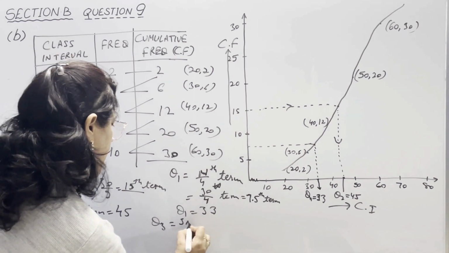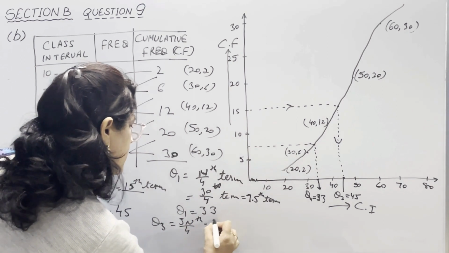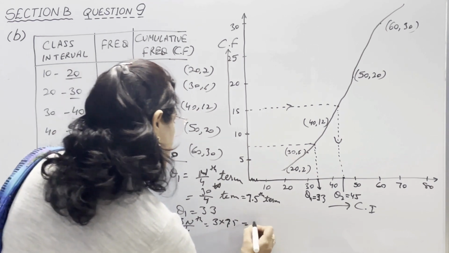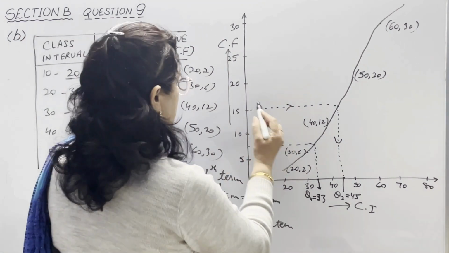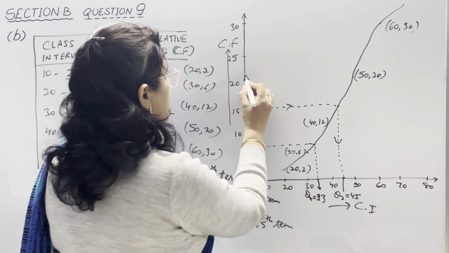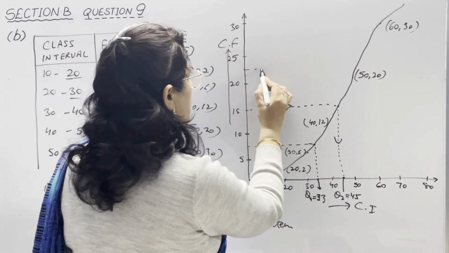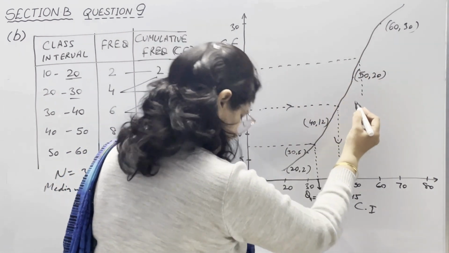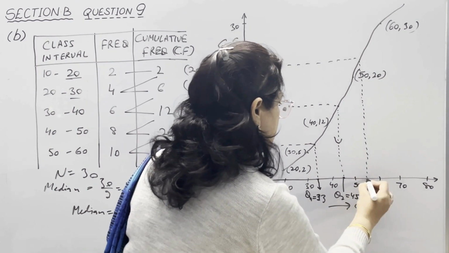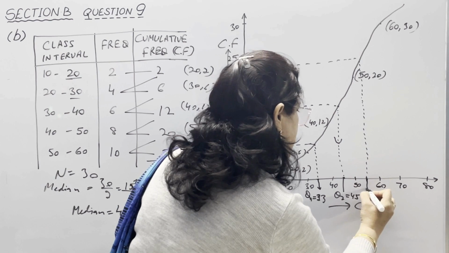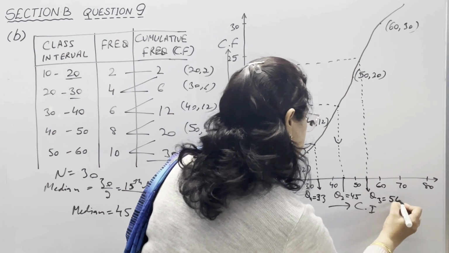Now similarly, we will find the value of Q3. You can take the 3n by 4th term, or you can simply multiply this term with 3. So 3 multiplied by the 7.5th term. It means 22.5th term, and this is our 22.5. Just one digit to the left from the middle. So it means Q3 is equal to 54.